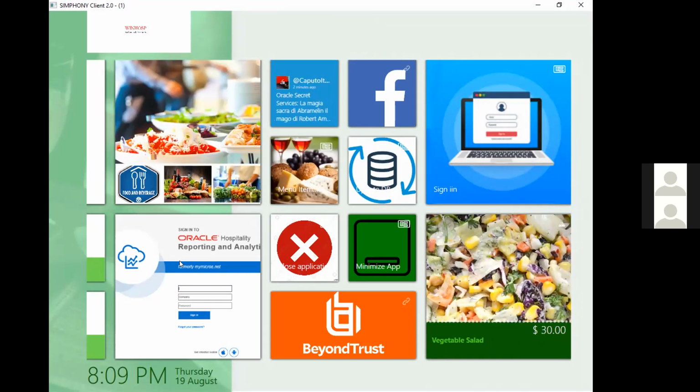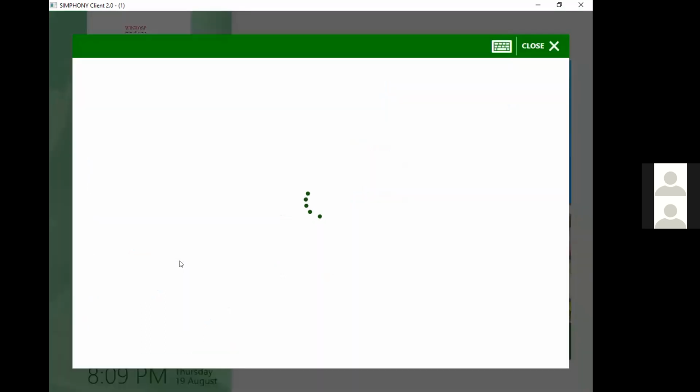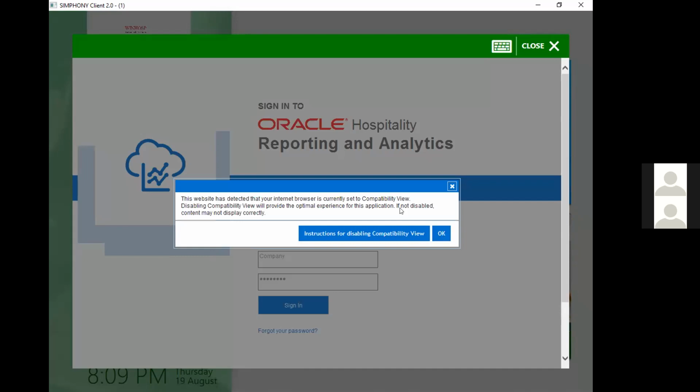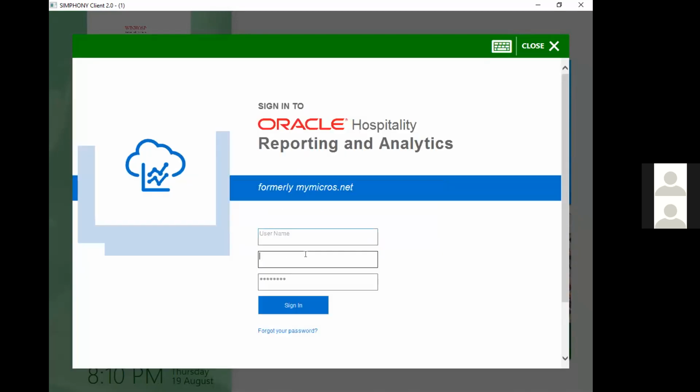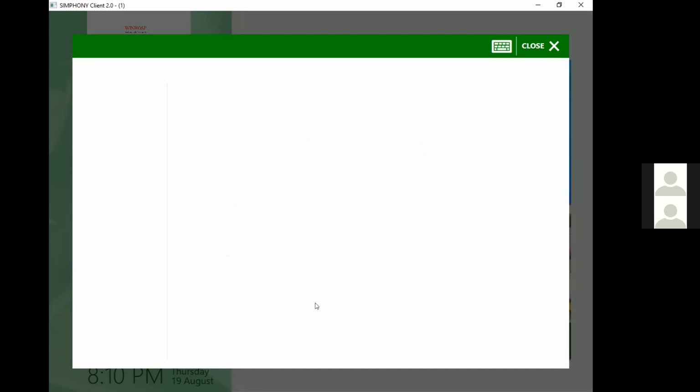You can directly come to the POS screen and click here. It will prompt you to enter the user credentials. Once you enter your same RNA credentials here, it will populate. As soon as we have the option of a keyboard here as well, if you want to log in, you can just enter your credentials using the keyboard. Right now I'm using my keyboard, or if you don't have a keyboard, you can use an on-screen keyboard also. This is the option for the on-screen keyboard. Right now I am just logging in with my user.